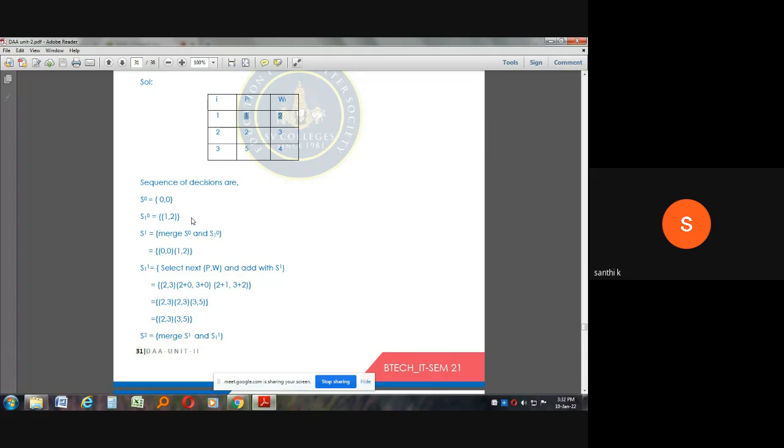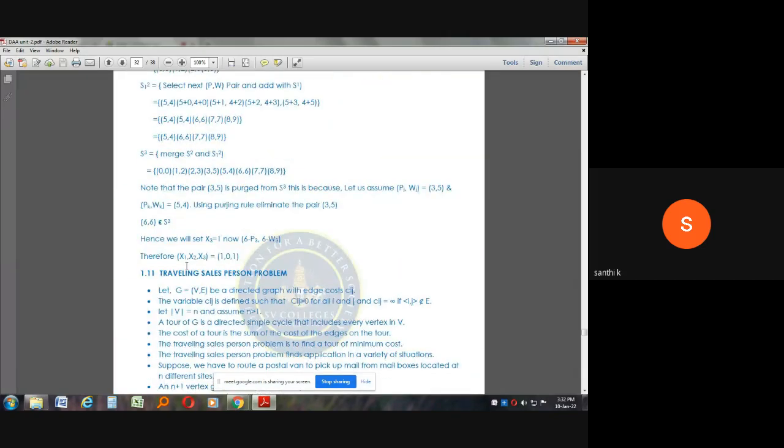Now 1, 2 lo nunchi I need to subtract 1, 2. So the resultant we are going to have 0, 0. That means we have used the knapsack completely. So I have placed the first object and I have placed the third object. So the solution vector is 1, 0, 1. I have placed the first object and as well I have placed the third object.